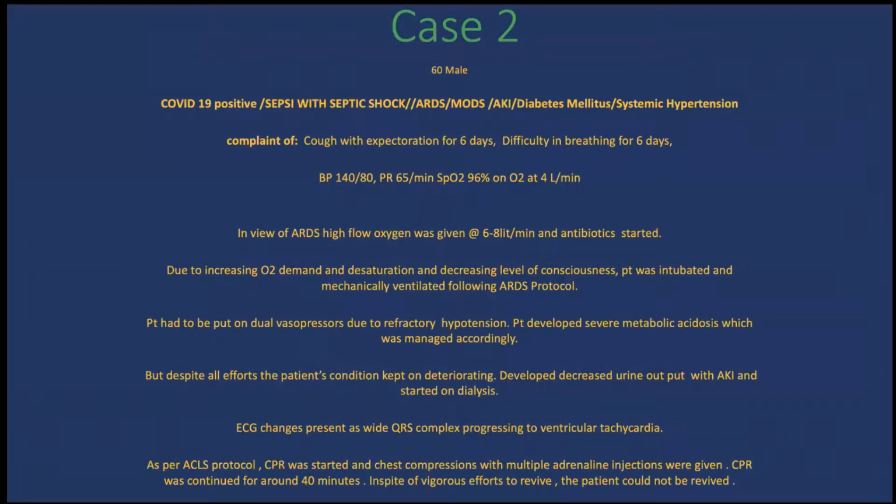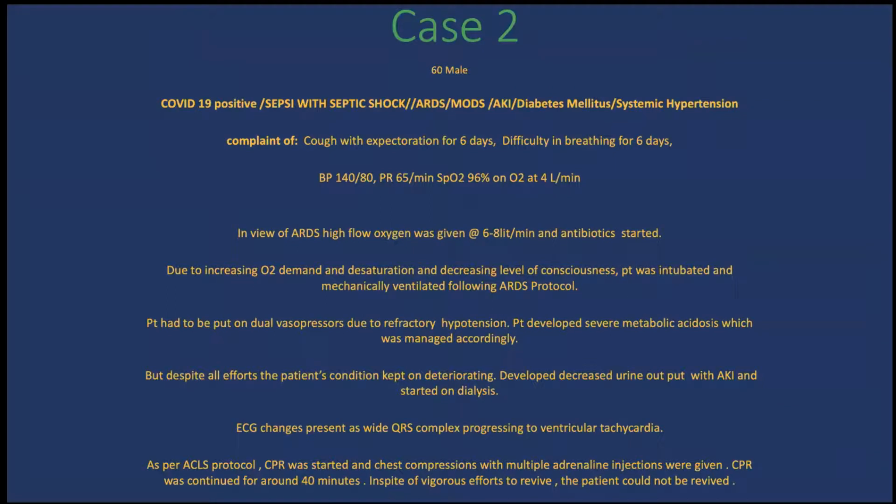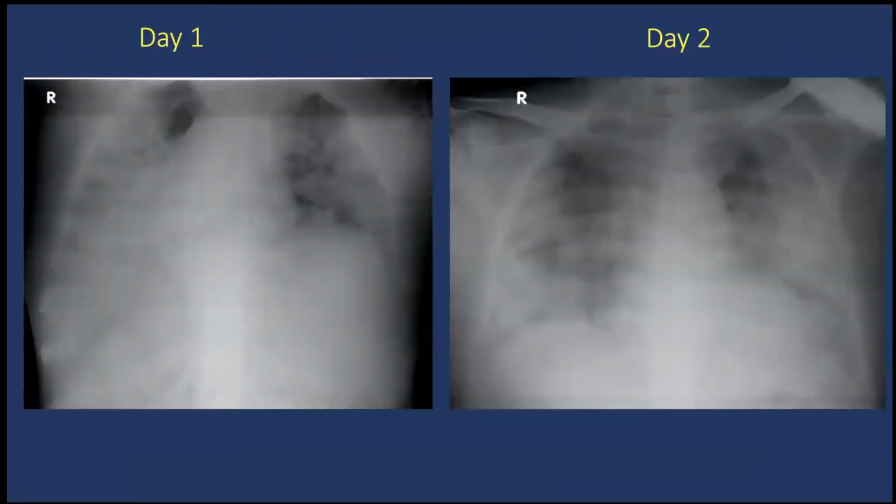My second case is a known diabetic and hypertensive with COVID-19 pneumonia. He presented to us with respiratory failure on oxygen, and this was his day 1 admit. At the time of admission, on the radiograph, we can see complete involvement of the right lung and near complete involvement of the left lung. On the right lung, there are multiple alveolar space consolidations, but on the left side, we can still see some areas of peripheral based consolidation and ground glass density, especially in the upper zone.